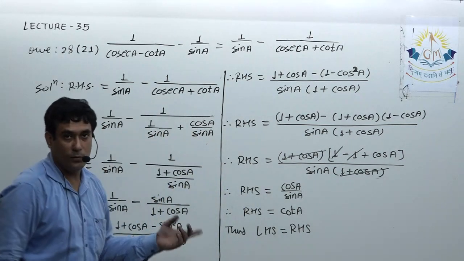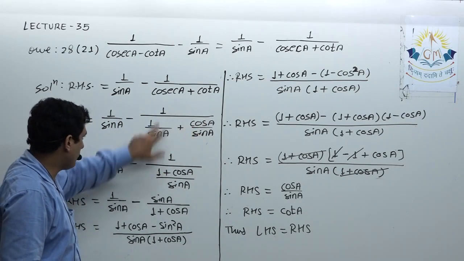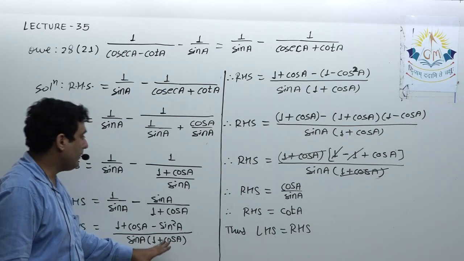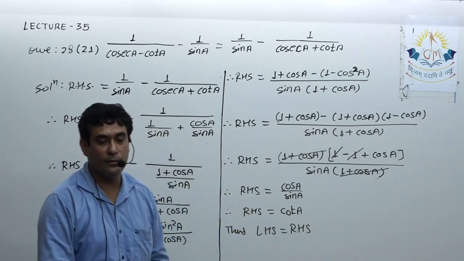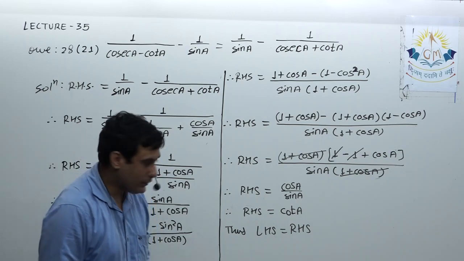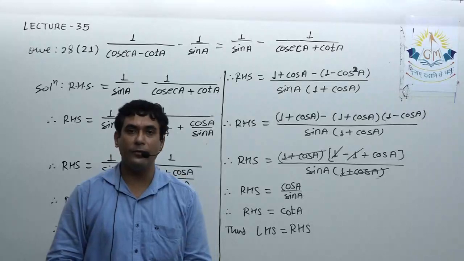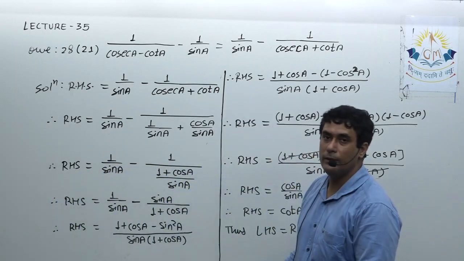Okay, so that was again the same thing, simply I converted this cos and cosec and cot in terms of sine and cos, and by taking LCM and by further simplification I got left hand side equal to right hand side. So please note it down, then I will give you one more method that you will find comparatively easier. Okay, but before that please note.